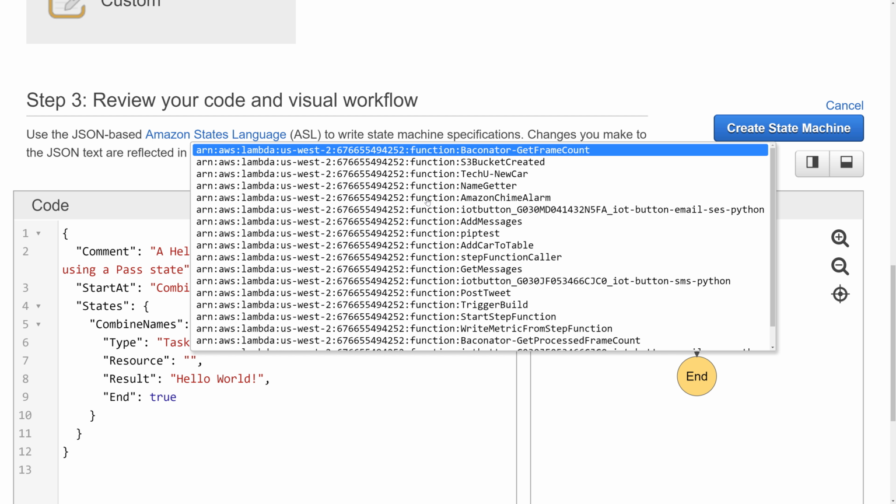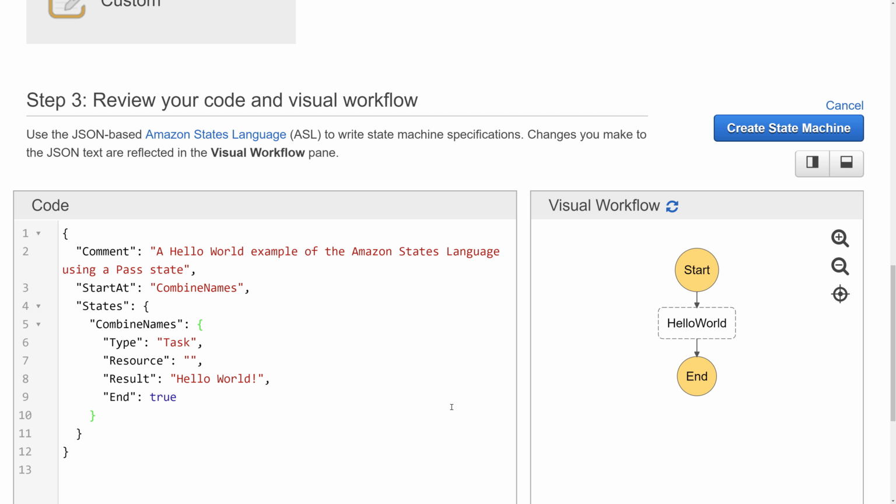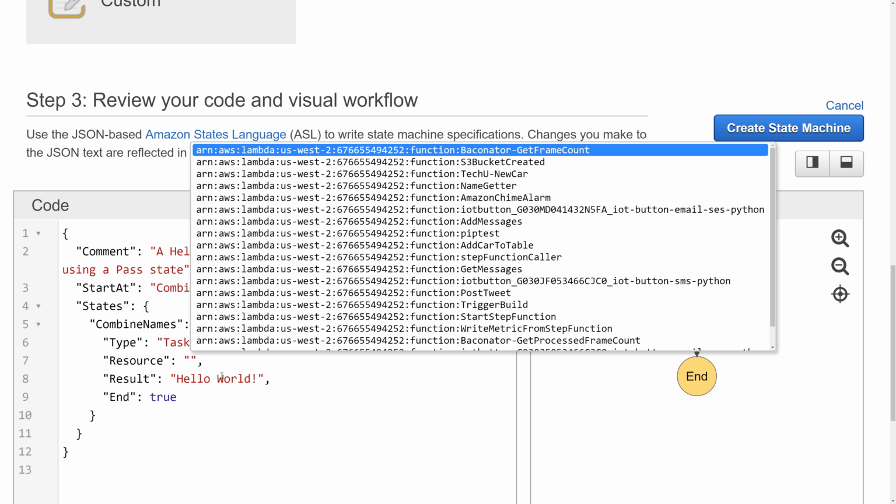So for example, instead of running your code in a Lambda function, you could run your code inside of, let's say, a PowerShell running inside of a container on a Windows operating system. You could run a PowerShell directly on an on-premises virtual machine that's running Windows Server or Linux or something like that. Or you could even make a Python task, right? So you could run a Python container that uses the AWS SDK for Python to actually interact with the step function. So first, we're going to go ahead and just call an AWS Lambda function that combines a first name